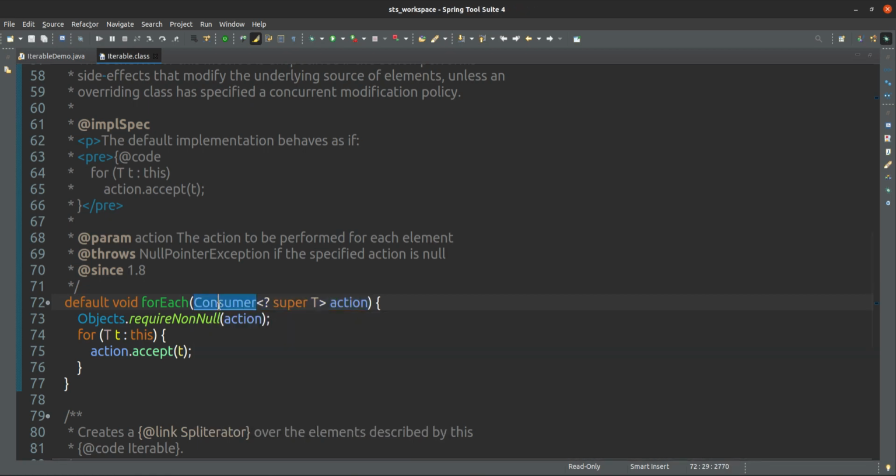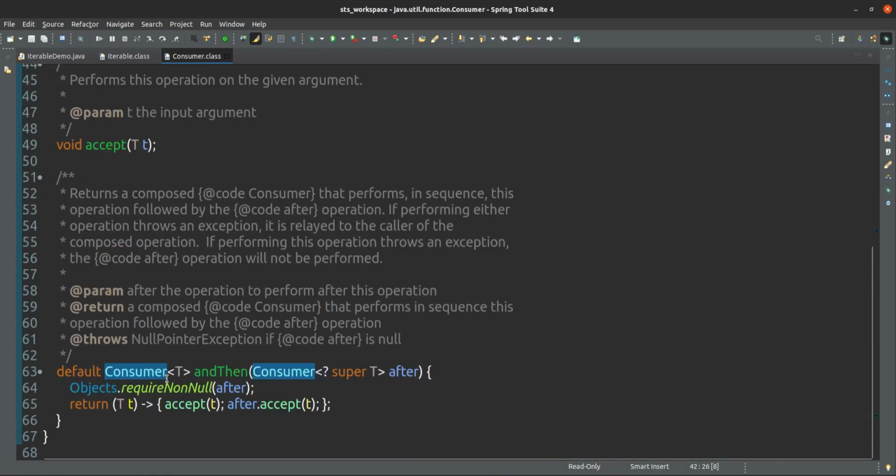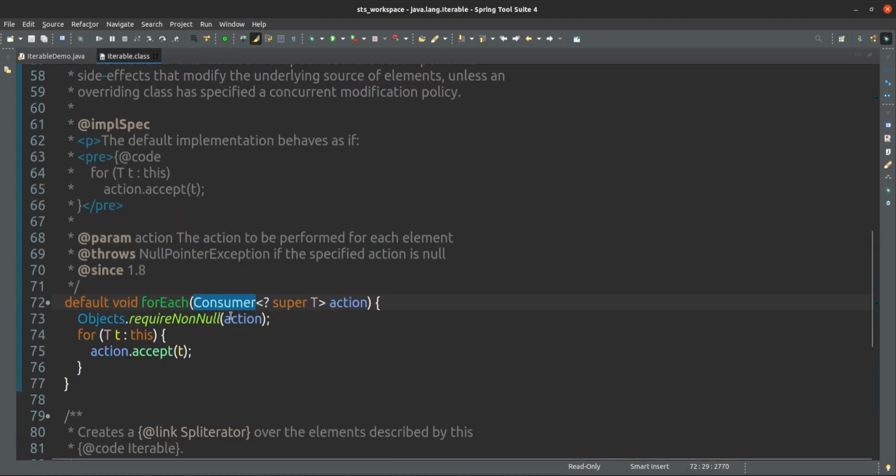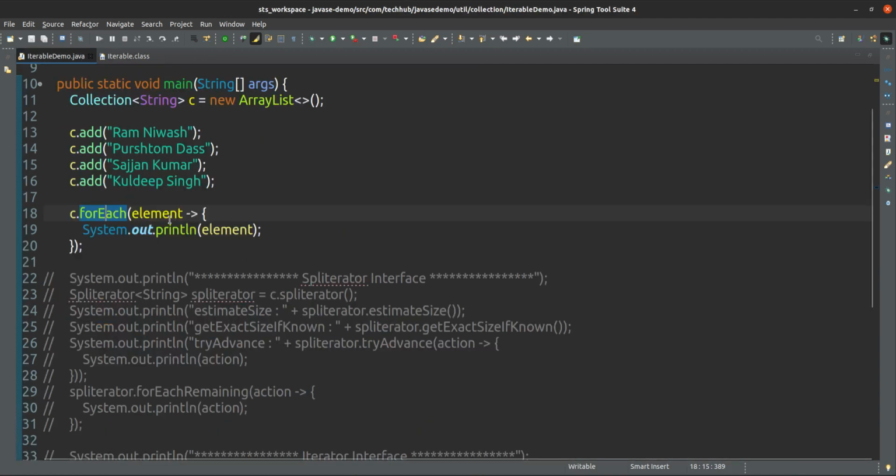object. And Consumer, if you see, that is a functional interface. So if it is a functional interface, we can give that implementation here only. Yes, we have given that implementation. This is a lambda expression. We have already seen this one. What is the lambda expression? How can we use that lambda expression? What are the benefits? And what should be the conditions if we have to use a lambda expression?